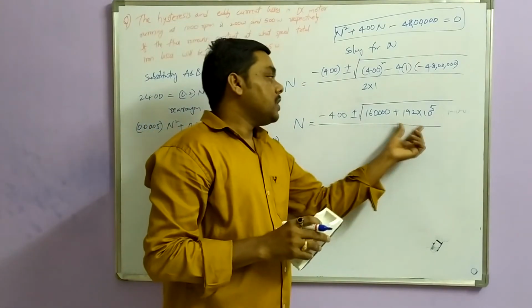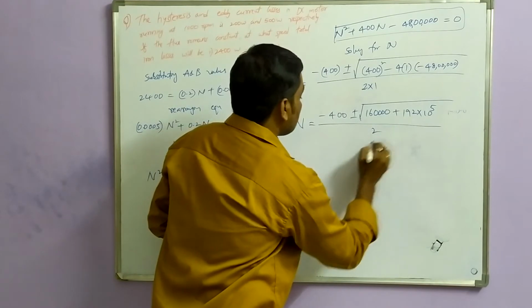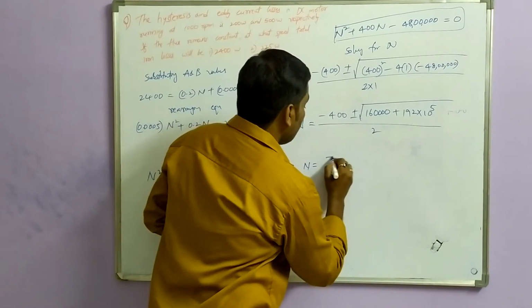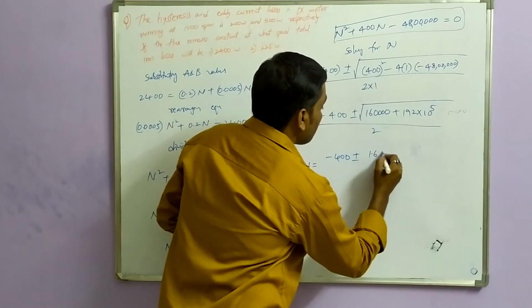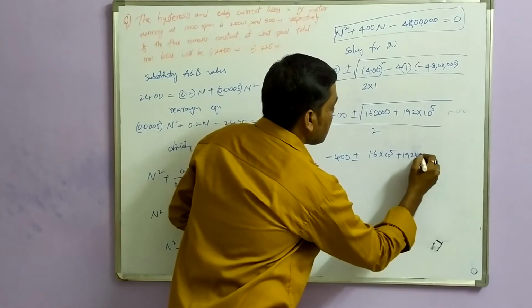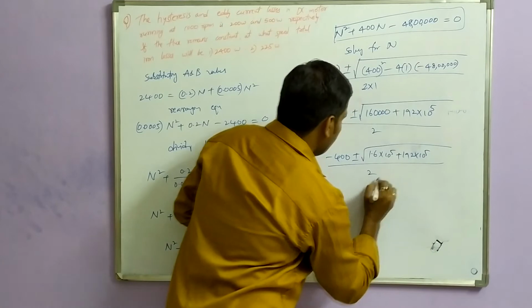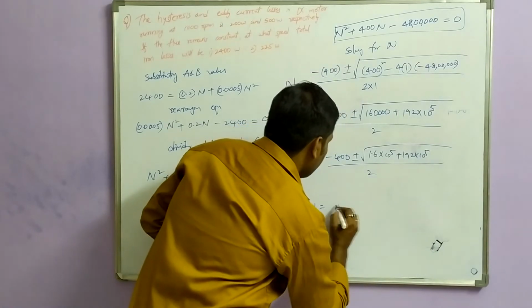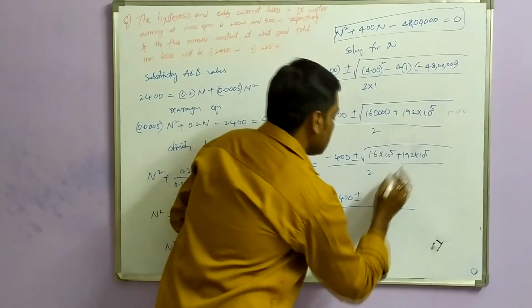Now you can see here this term, if you see this term very carefully, so n equal to minus 400 plus or minus 1.6 into 10 power 5 plus 192 into 10 power 5 under root divided by 2, so you will get minus 400 plus or minus,